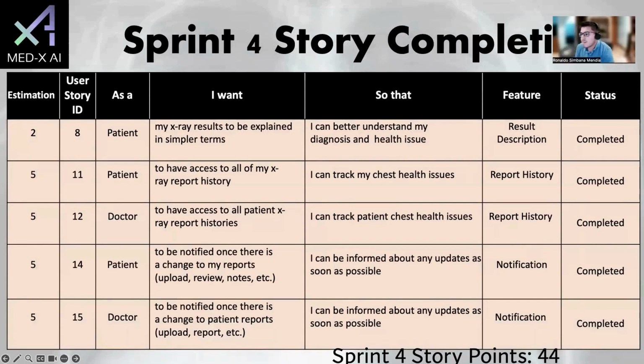Thank you, Marla. Okay, so here is the Sprint 4 story completion. As you can see, there's a table with 7 columns with the estimation points, the user story ID, who will be benefited with this feature, what I want and what I'm trying to accomplish, the feature, and the status. As you can see, we have 5 features on this table, and the estimation numbers are